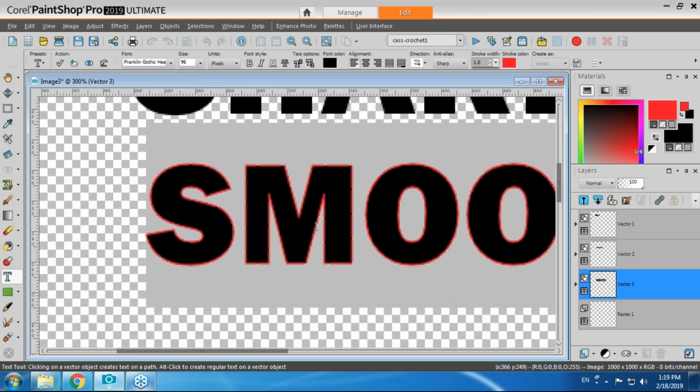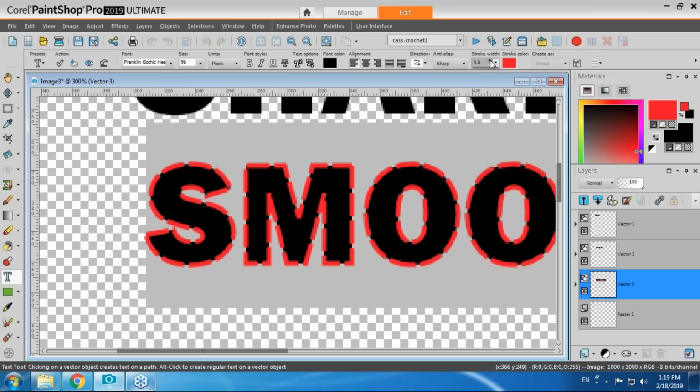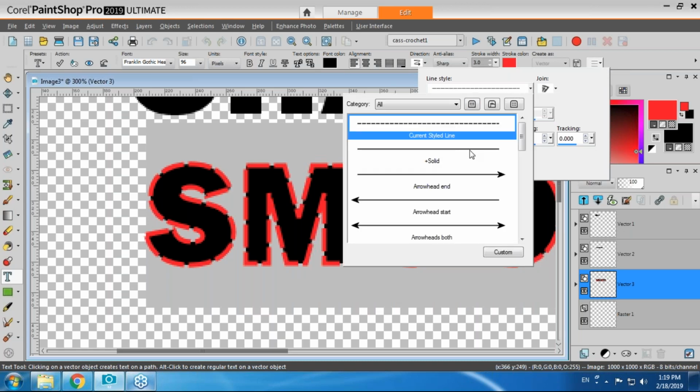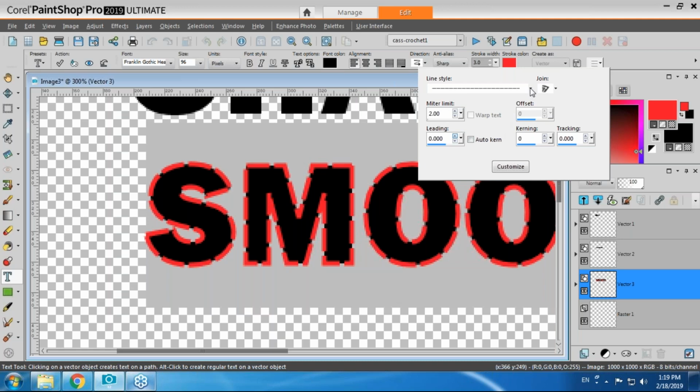And we have here the smooth, because that's the word that was highlighted. And if you increase the size, it will increase your stroke. Well, my stroke is not continuous, and that's because my line style here was set to not be the solid line. So if I go with solid,